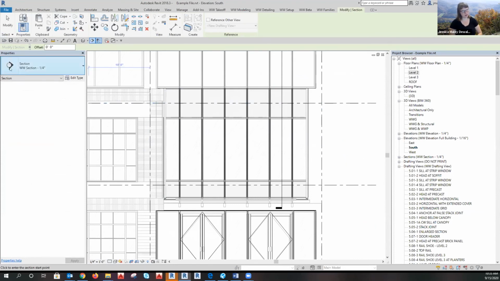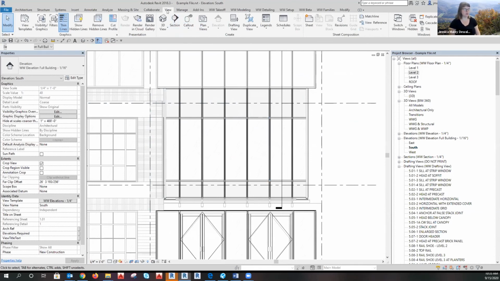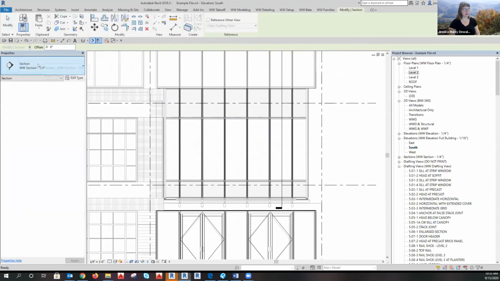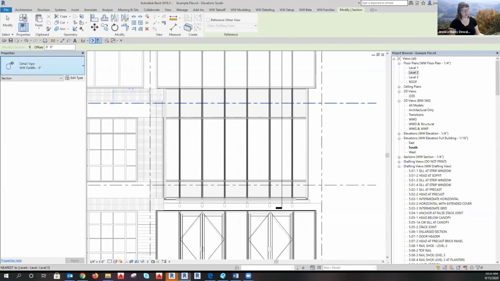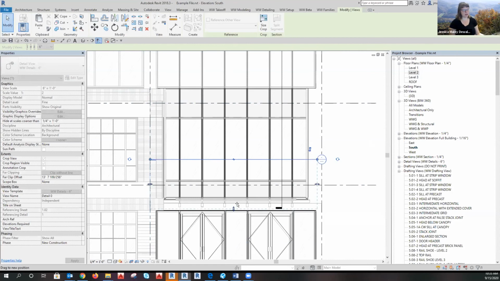Let me show you how to do a plan view live cut. So you go to view, section, then you can't use WW section like we did for the section because it won't work. You have to drop that down and then select one of the detail view options, or you can make your own, which is a whole another thing which we won't go into right now. So I'm going to drop this down and just select WW detail 6" under properties, and then I can cut a live cut